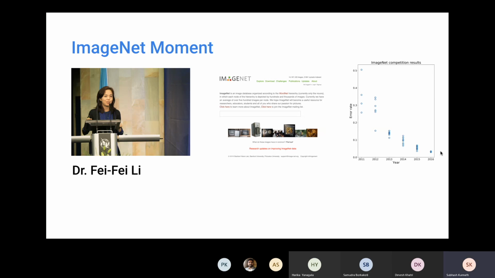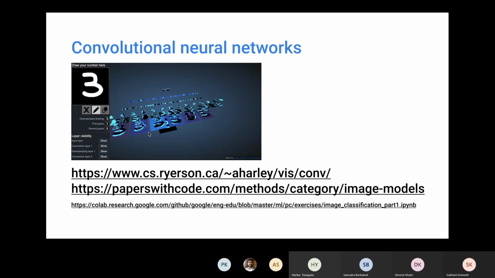With that accuracy people started to notice that this can be used in real world applications, that computer vision can do tasks as well as humans can. And the major interesting thing which triggered this revolution is convolutional neural network architectures. I can show you an external